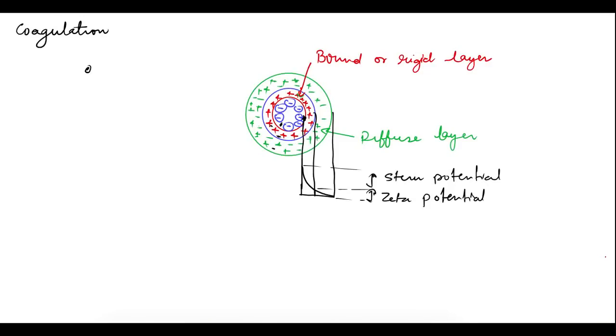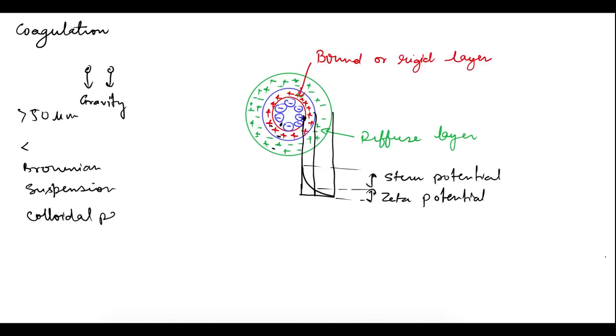Till now we saw plain sedimentation, where particles in suspension were settling due to the action of gravity. This kind of sedimentation is only possible when the size of the particle is greater than 50 micrometer. If it is less than this value, then plain sedimentation becomes ineffective because Brownian motion takes place for these smaller particles, and because of this they move in a zigzag motion and remain in suspension. So they do not settle very easily. We call these particles colloidal particles.